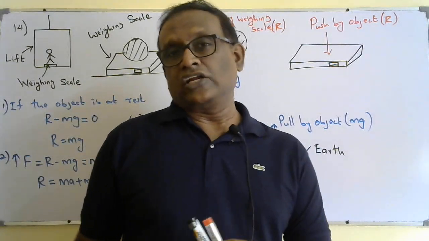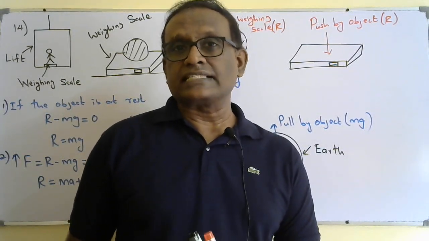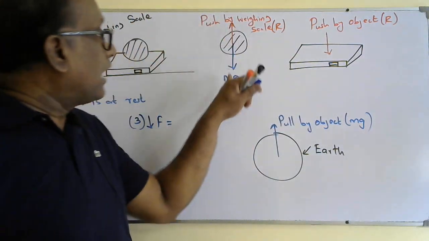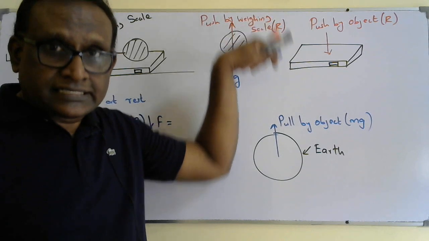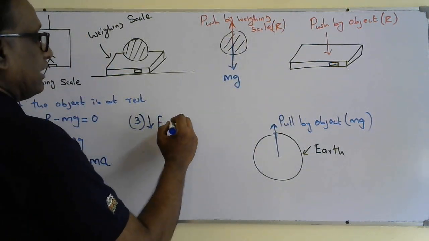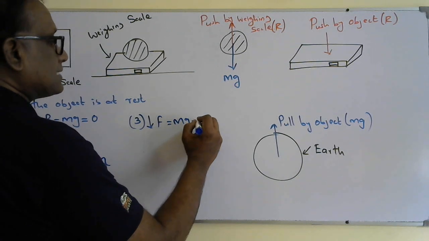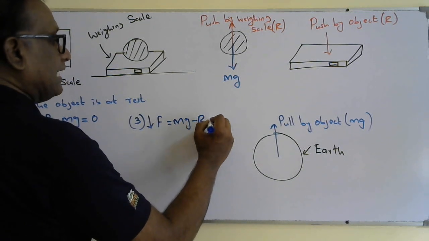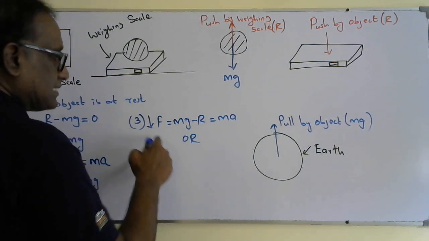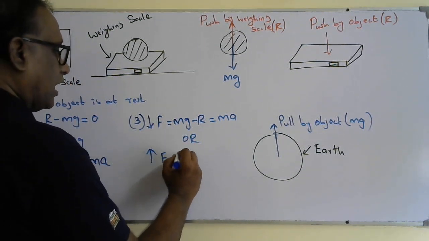I already told that when an object decelerates, the direction of acceleration is opposite to the direction of velocity. It's moving up and decelerating, so the acceleration should be downwards. So R should become smaller than mg. So F equal mg minus R equal to ma, or you can write upward direction, same thing, F equal R